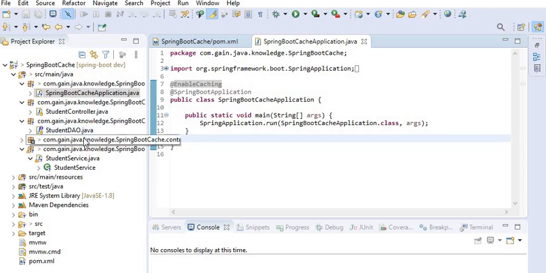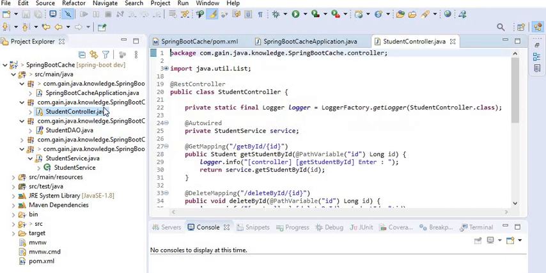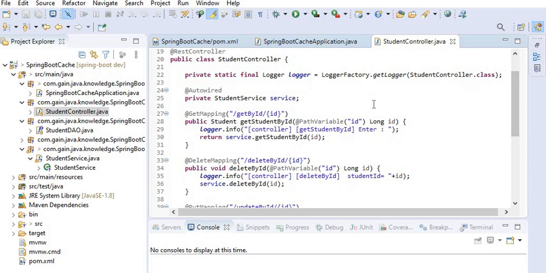After enabling this annotation, we need to go here. I have created a student controller, and in my student controller I have created 5 REST endpoints. First is get student by ID. Here I have defined logger information, get student by ID in controller.